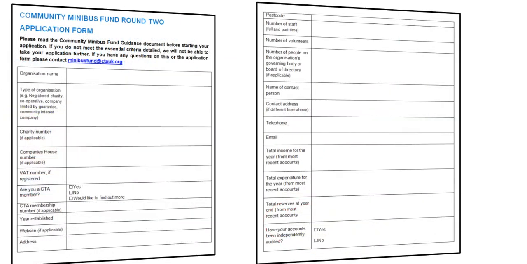In this video, we're going to go through the application form and give some guidance on filling it in. The video won't focus on all areas of the application form, but we'll look at sections where particular attention needs to be paid. The first 2 pages require standard information about your organisation that will be used during the assessment stage. This should be self-explanatory.